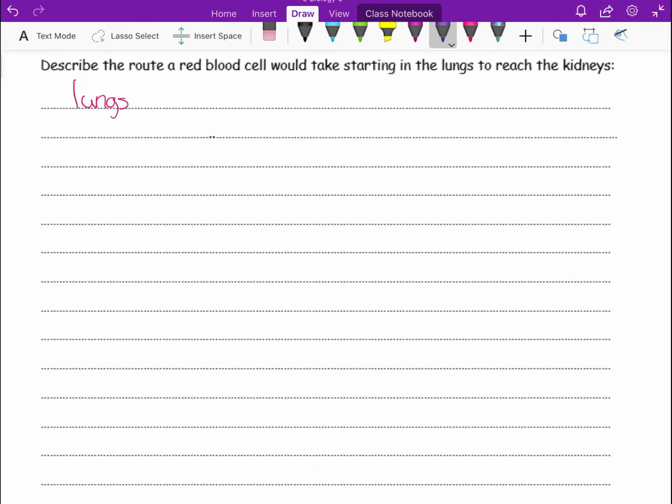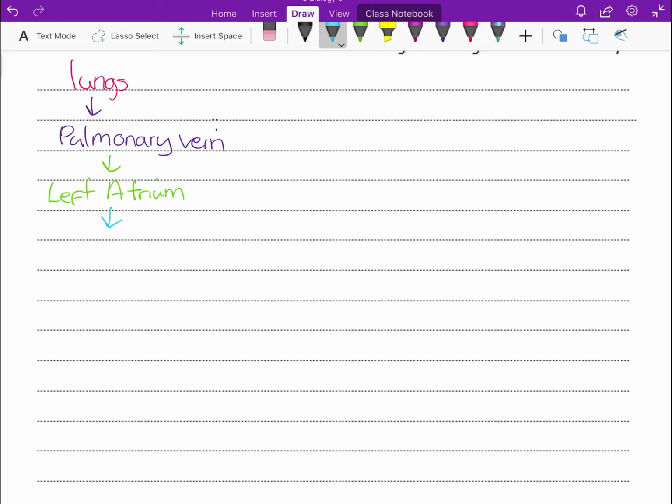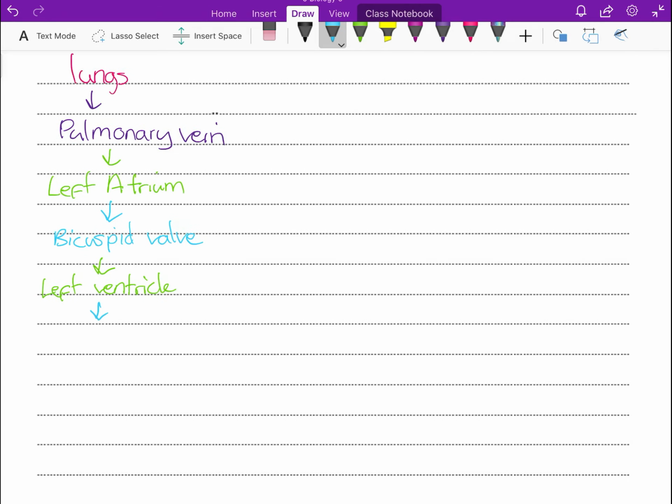This next bit I would definitely suggest that you give it a go before watching through this one. So thinking about it as the steps first. From the lungs, blood will then travel through the pulmonary vein. From the pulmonary vein, the blood will then enter the heart into the left atrium. Going from the left atrium, it will pass through the bicuspid valve, which will take the blood into the left ventricle. The left ventricle will then contract, forcing the blood through the semilunar valve and out of the heart